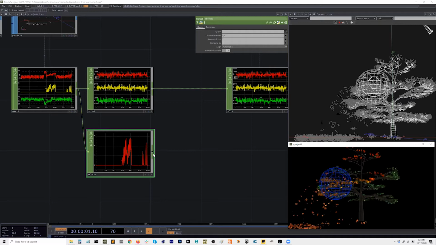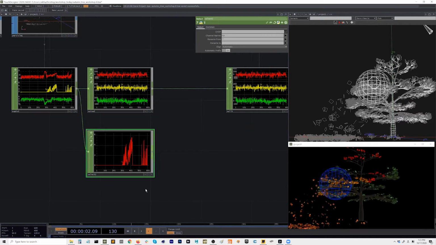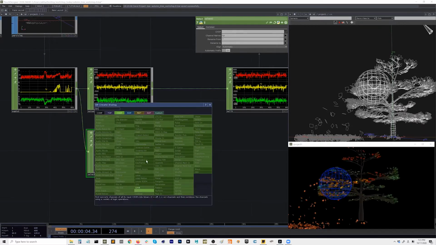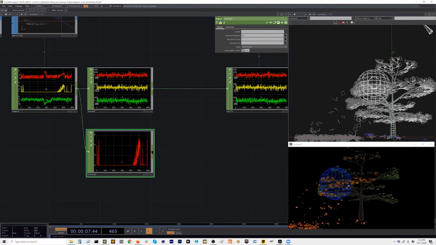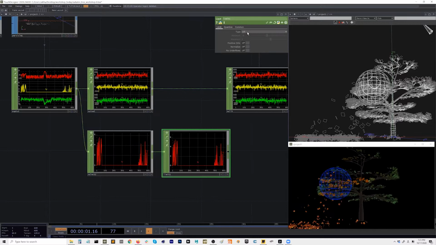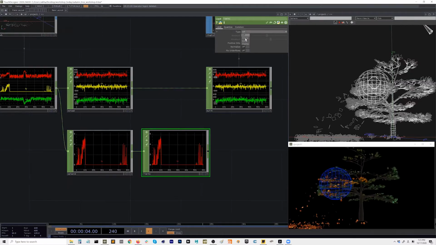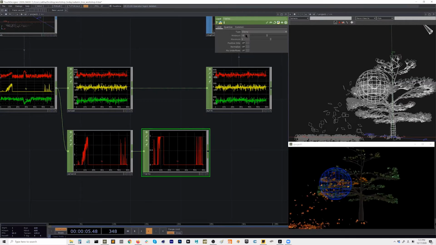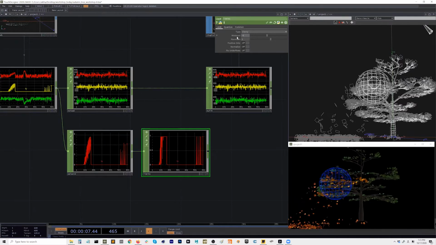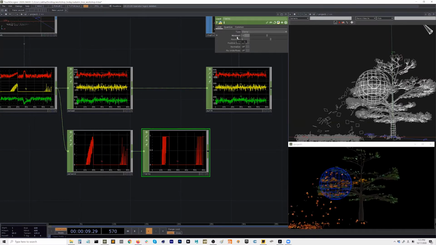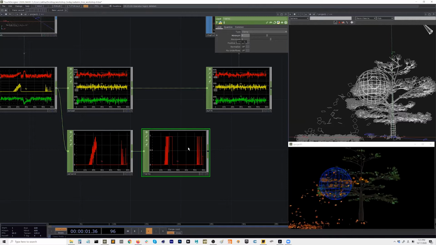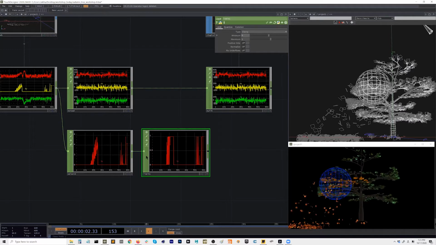So we're going to limit that using the limit CHOP. Oh, sorry, limit. Yeah. And then clamp. So the minimum can be 0, and the maximum 1 is fine.